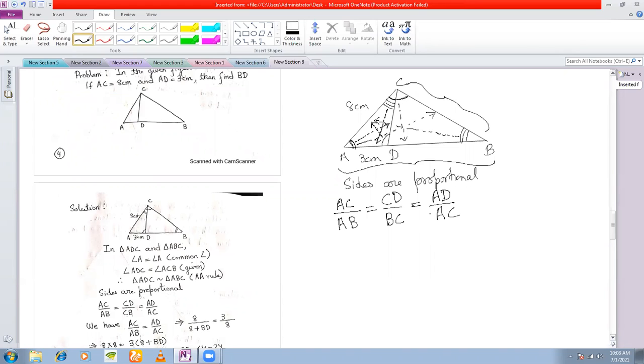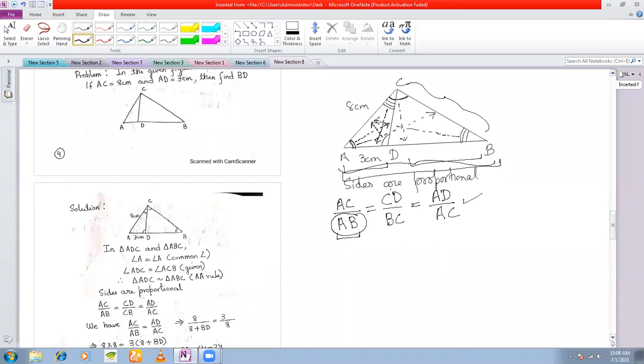Now we see what is given here. What we have to find out? We have to find out the length of BD. So BD is not here if you see. But what is a part of BD? We have AB here, definitely. And you see that AD is given. So if we find out AB, we can easily find out BD, isn't it? We subtract 3. So that means we have to find out AB.